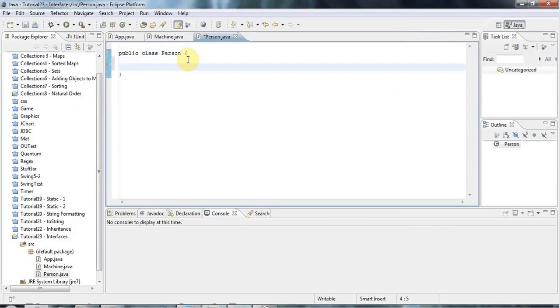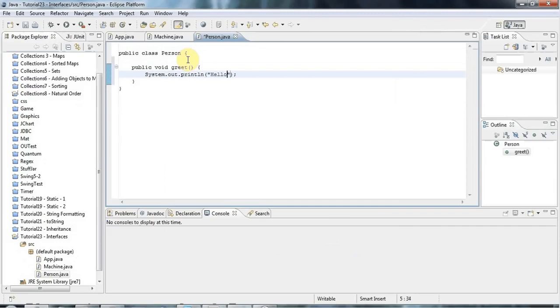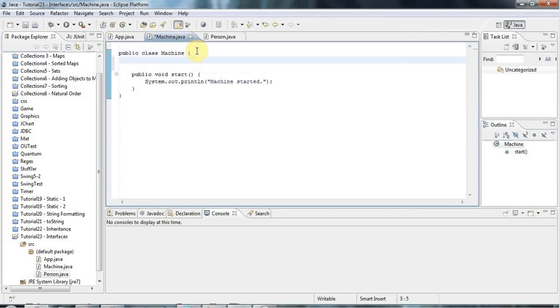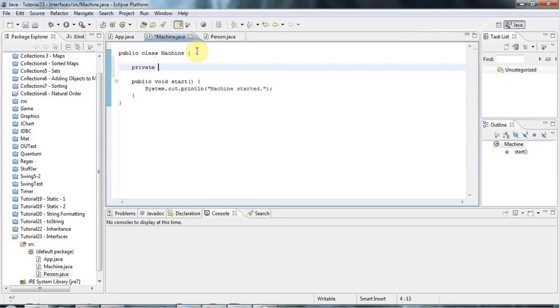Let's have a public void greet, and greet just says sysout "Hello there". In fact, to make this a bit more realistic, let's give Machine a private int id equals 7,